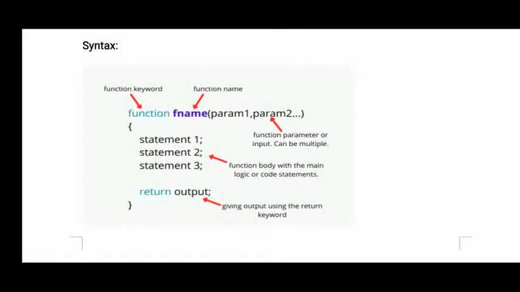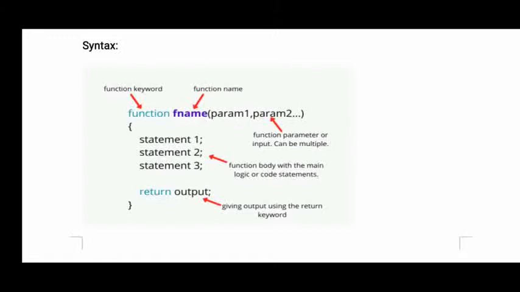Function name is an identifier; the user can give any name. Inside the parentheses, parameter 1, parameter 2 are two variables, though not necessarily two, according to your requirement you can give. They are used to receive the values when the function is called, and are called the parameters.